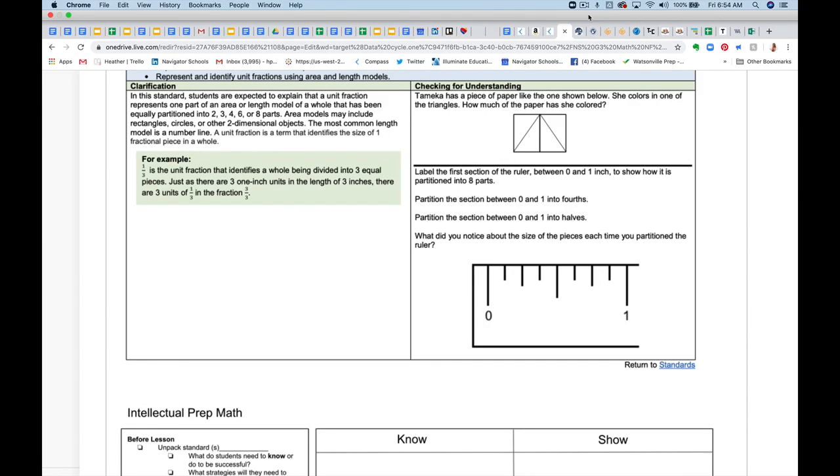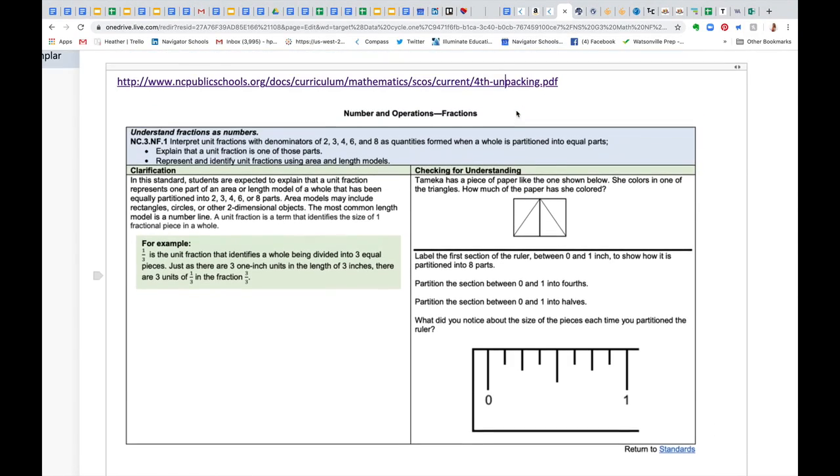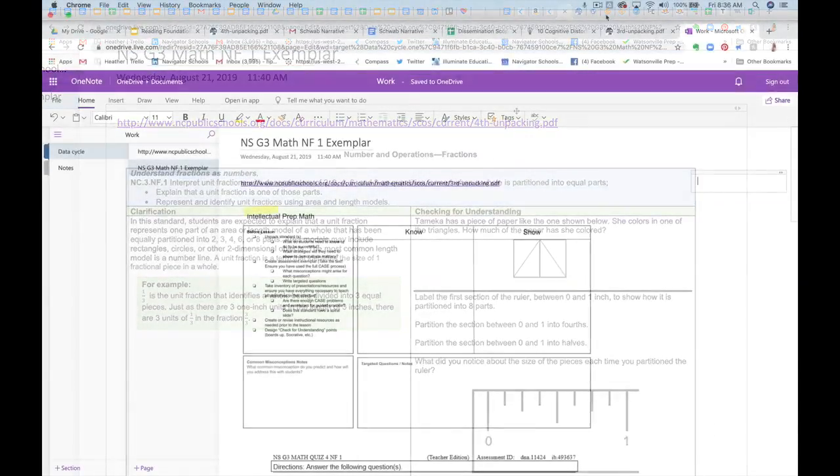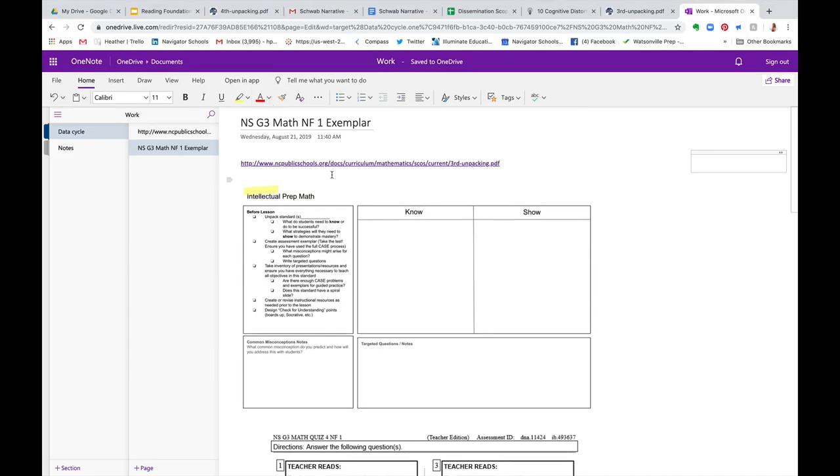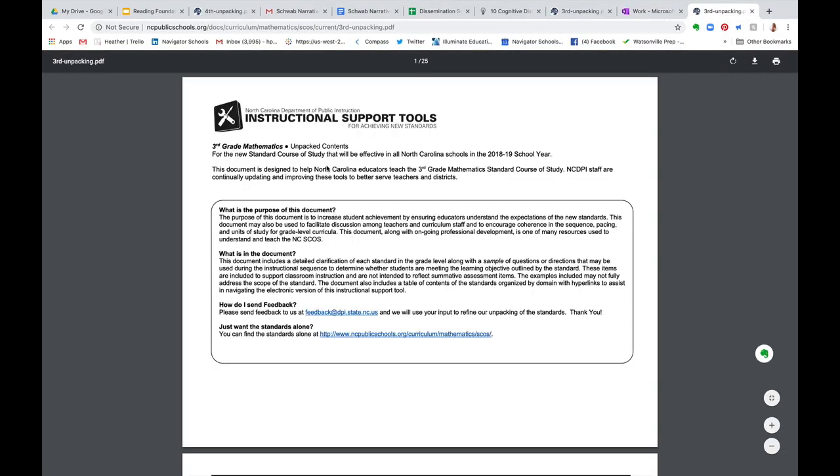All right, let's talk about the first part of the intellectual preparation process, and it's called unpacking the standards. So you've got your Common Core standards, and a lot of places have unpacking documents, such as North Carolina. So I'm going to use North Carolina's unpacking to prepare for my first fraction standard that I'm going to be teaching my third graders. So I'm going to go ahead and go to their free resource, and here you see